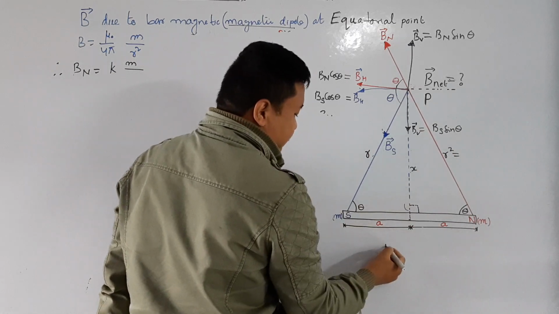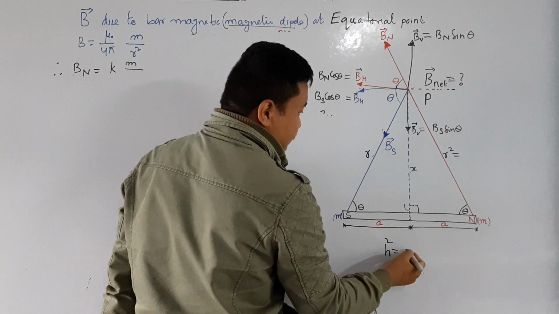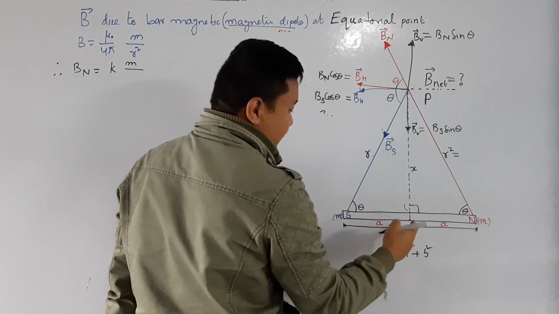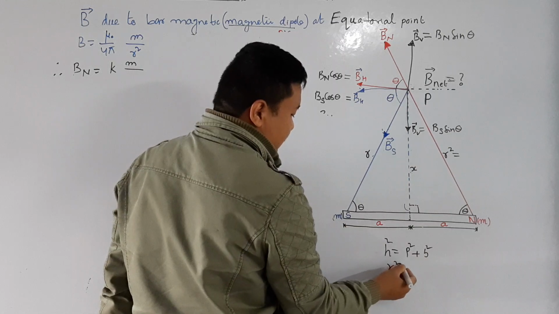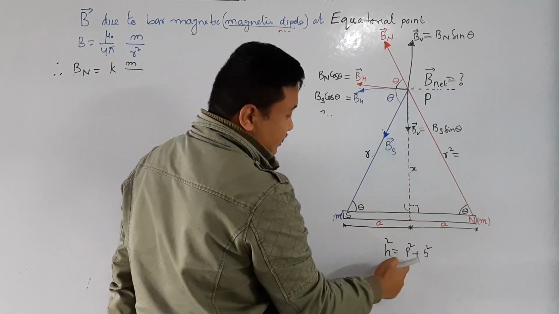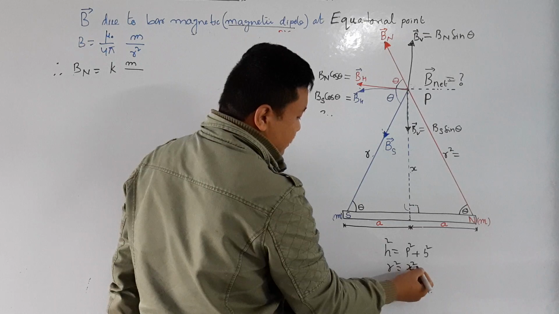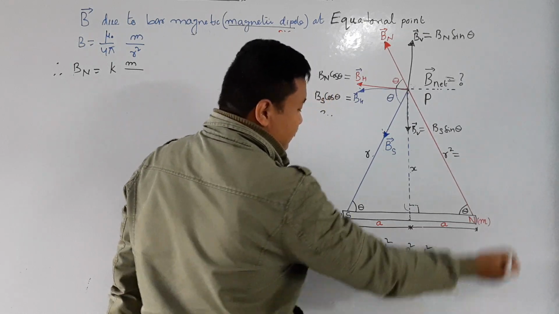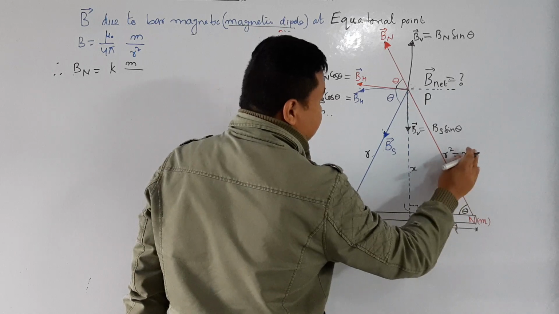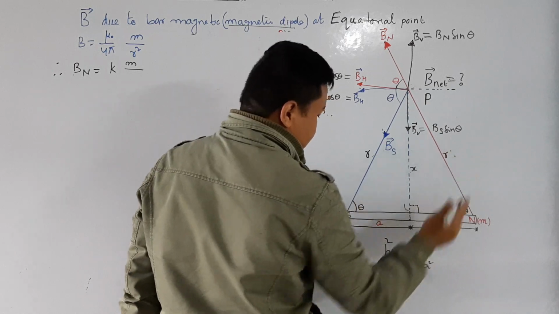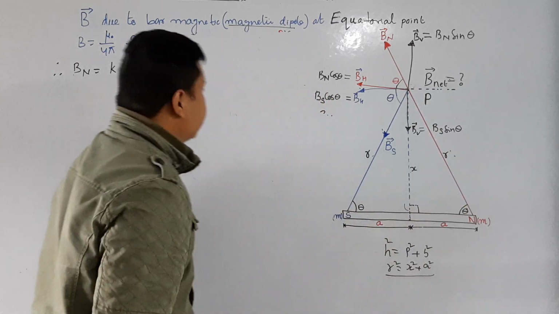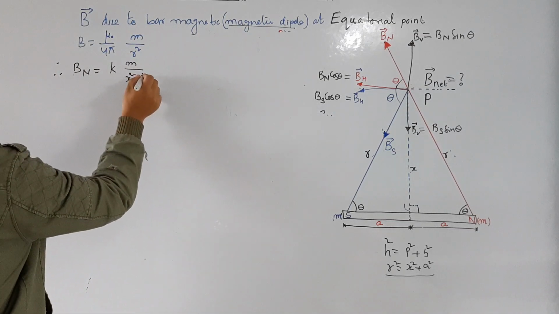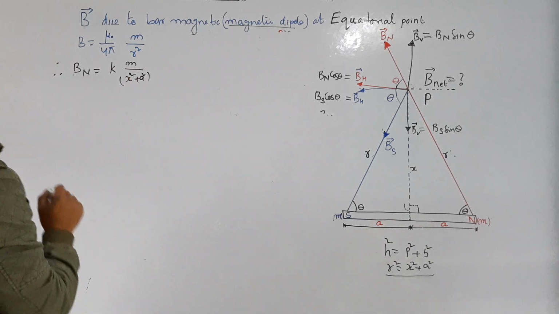So we know hypotenuse square is equal to perpendicular square plus base square, and hypotenuse is my r square, and perpendicular is x square plus base is minus a square. So this will be x. Then r square is x square plus a square. So here I will write x square plus a square. Similarly,